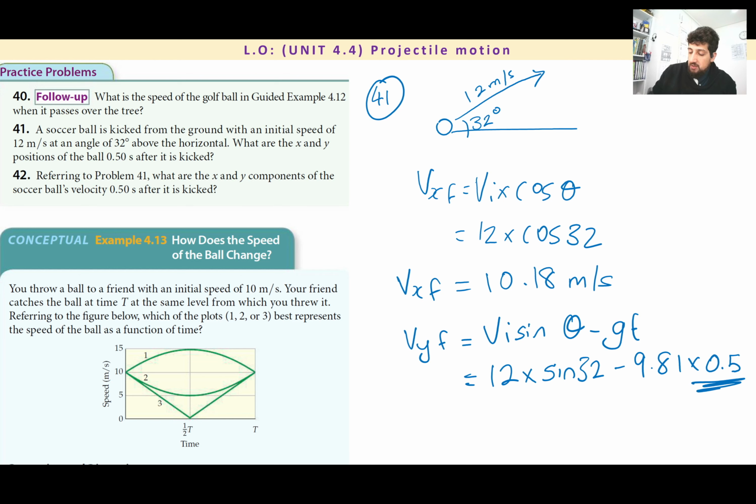Now that's where time comes in. If it's going upwards, it's going to be positive. If it's going downwards, it's going to be negative. I expect it to be positive. Let's have a look. 12 times sine 32 minus 9.81 times 0.5, and that equals 1 point, let's have a look,